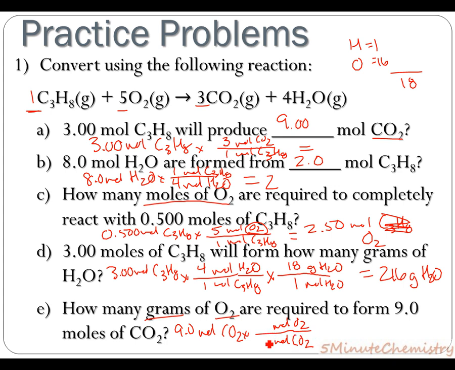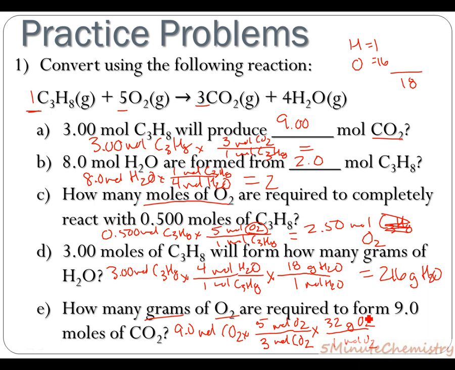So we have 3 moles CO2 based on the coefficient and 5 moles of oxygen. Now that I have that, I want to cancel moles of oxygen to find grams of oxygen. 1 mole, if oxygen is a 16, we multiply it by 2 to give 32 grams. And we're going to take our 9 times 5, divide 3,